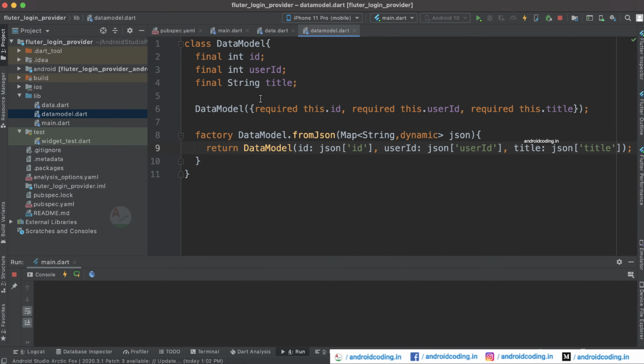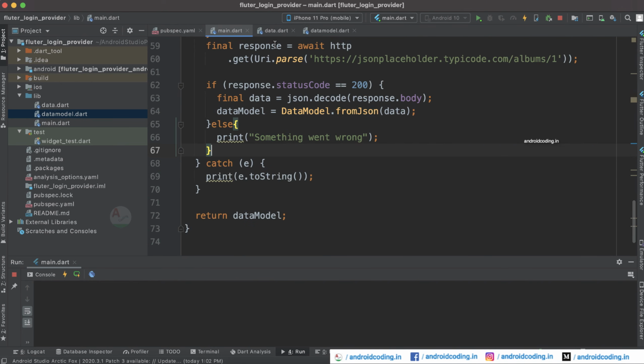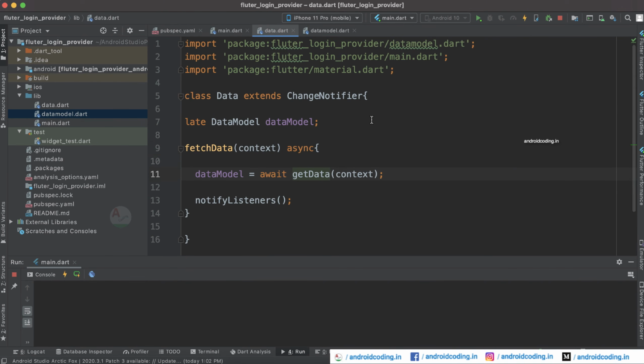So this is our data model class, and with the help of the data model class we fetch the information based on the keys. These are the keys which we are getting from the API. So based on the keys we are storing the values, and we populate these values onto our screen here. Once the API call is made, it will call notify listeners here.